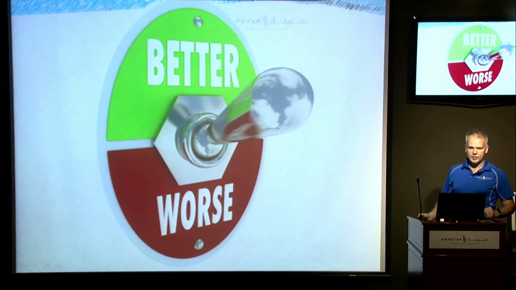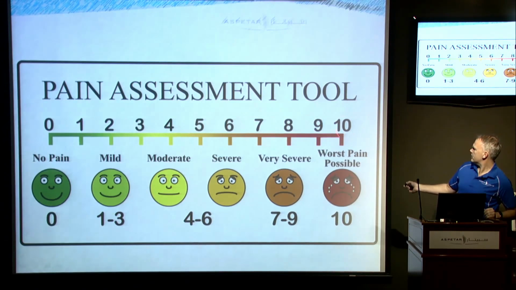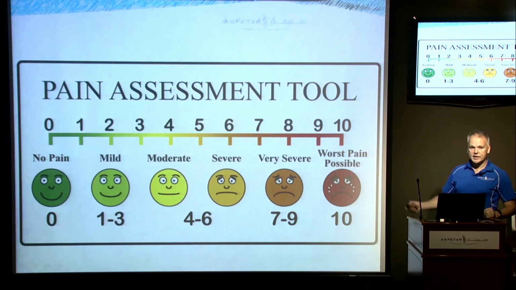So thing one, how much pain does the guy have? That's typically our measure as to, are you getting better or worse? And by and large, we do this with a thing called a visual analogue or numeric rating scale, where we ask our patients from 0 to "it hurts very much", how much pain do these people have?